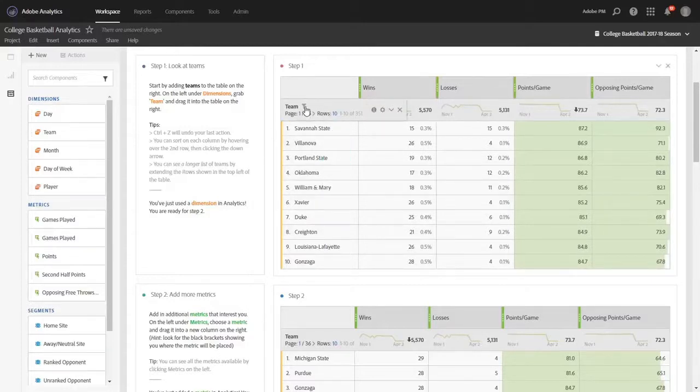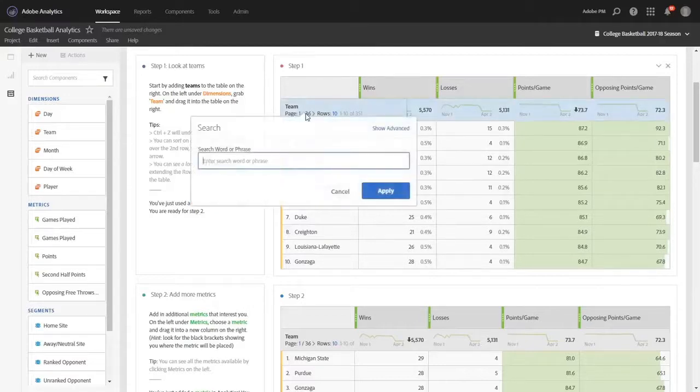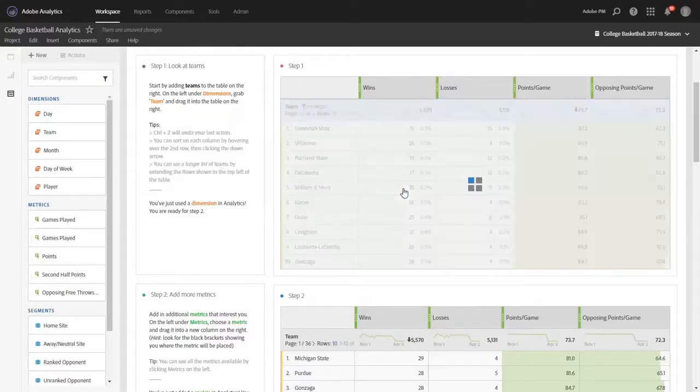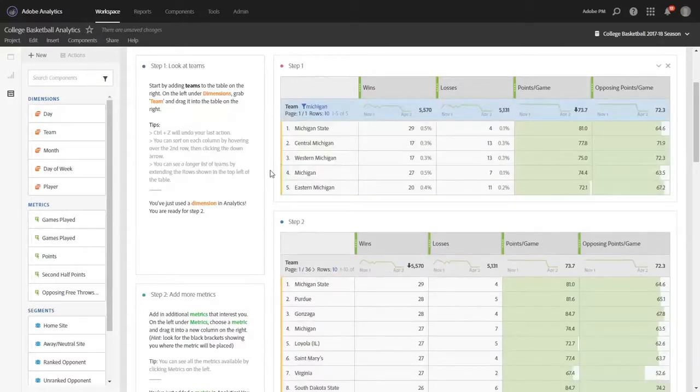Additionally, you can look for a specific team by clicking the filter here and typing in the team you're looking for and hitting apply. And we'll find all the teams with the word that you just searched for. So let's move on to the next step,